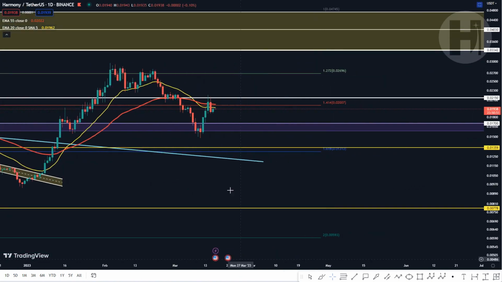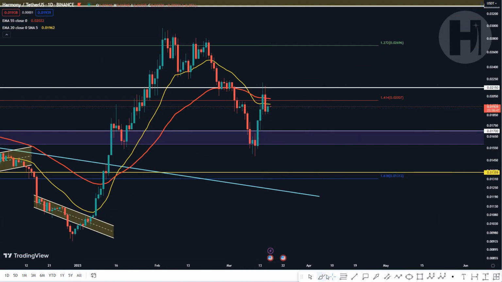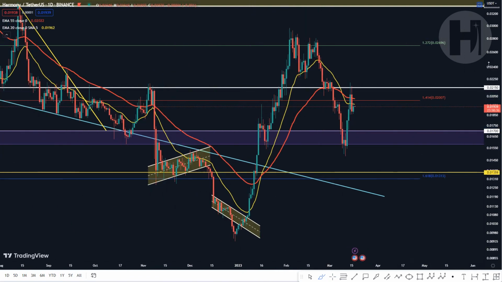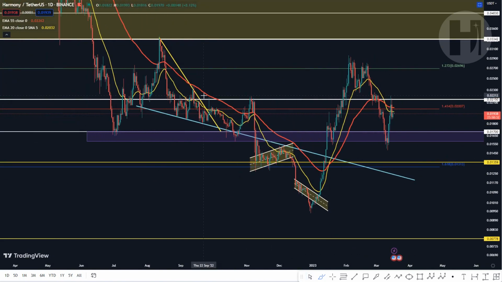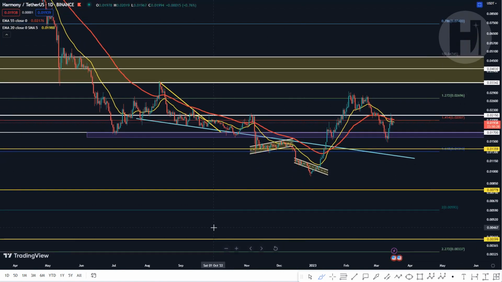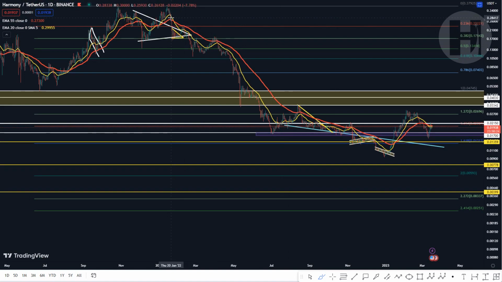But on the daily chart, we are opening candles below the 20 EMA. This is quite negative. We already have a bearish cross, which typically once we get the bearish cross on the daily chart, we do see continuation in the downtrend. For example, if we take a look at the latest or the bearish cross that we got before that, where was that actually? That was a very long time ago. I think, was it back in August, or was this really the last time we got the bearish cross in